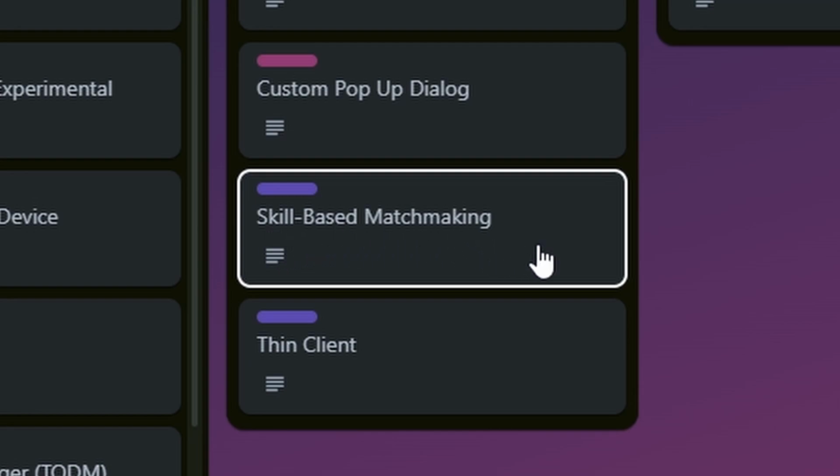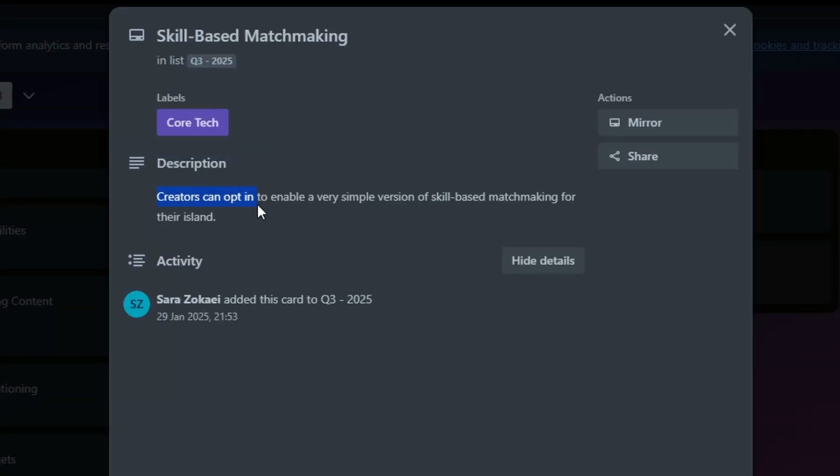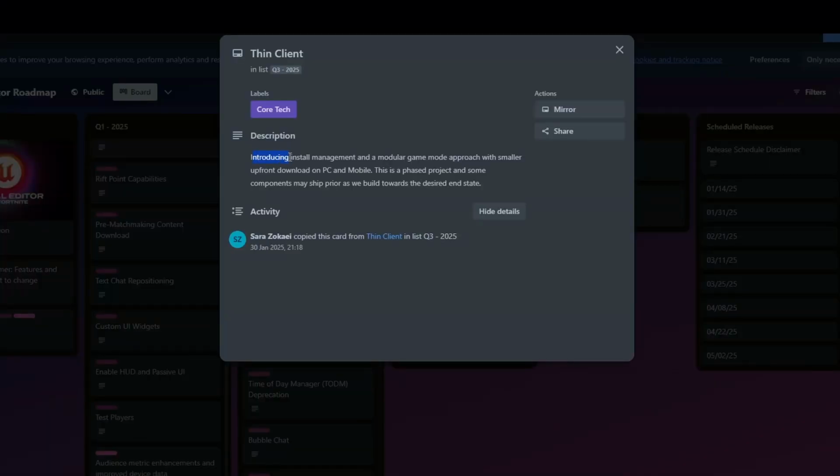Next up, we got skill-based matchmaking, which is great for competitive maps. Creators can opt in to enable a very simple version of skill-based matchmaking for their island. So yeah, you can have skill-based matchmaking for your island. Pretty cool. Next, we got Thing Client, which is introducing install management and modular game mode approach with smaller upfront